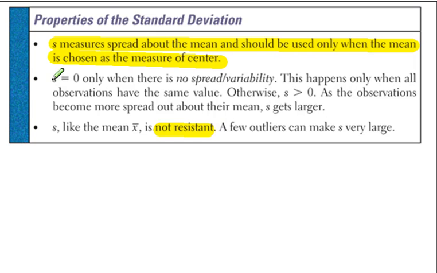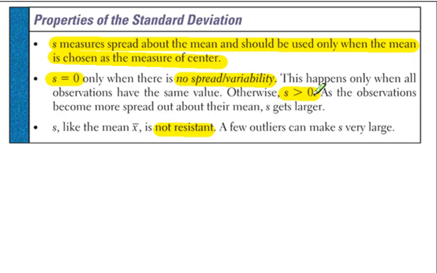All right, a standard deviation of 0, which is the lowest it can be, is if every number in the distribution is the same. Then there would be no spread or variability. Otherwise, and almost every time for us, S is going to be a number greater than 0, and it can be very large, but it cannot be negative, and it can only be 0 if every number in the